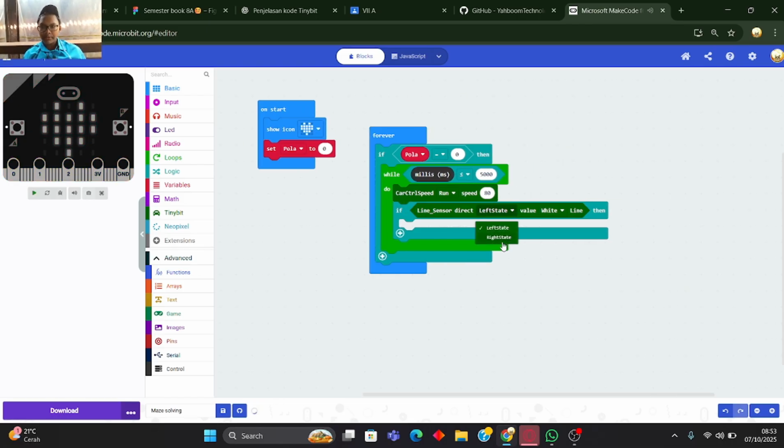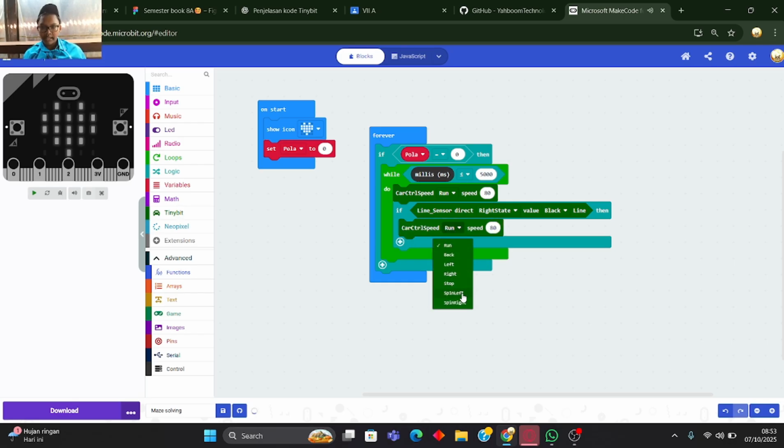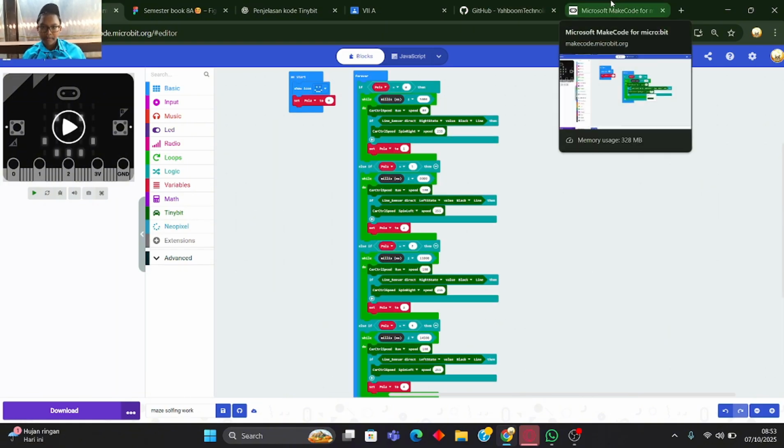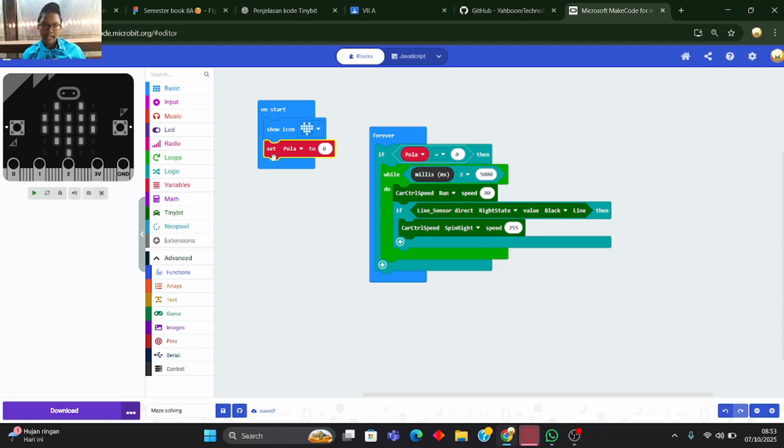For the right state, the strike state and the value black, and car control speed spin right 255. After that, put it under the while: set pola to 1.